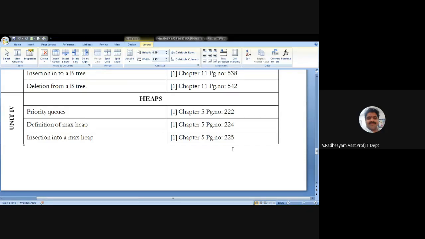If you read data structures, or if you are thorough about the data structures, you will get the capability to write logic irrespective of the language you are using. Language depends on syntax, but you must be thorough on writing the logic. You must be good at writing the logic.